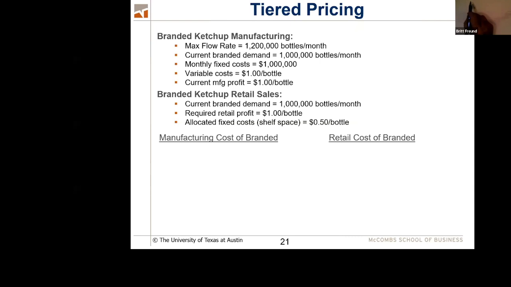Does everybody agree? Okay. From which we have to pay whatever our fixed costs are, which then tells us what our EBIT is. Does everybody agree, at least in principle, with that picture?